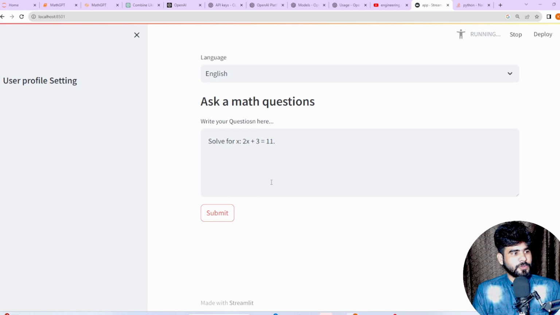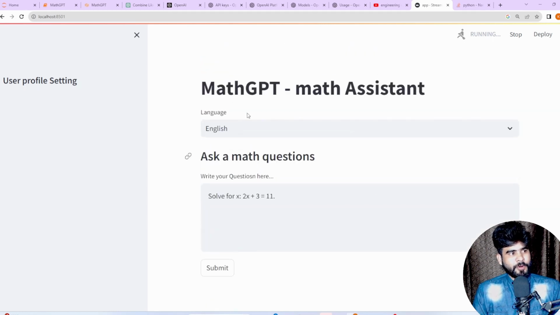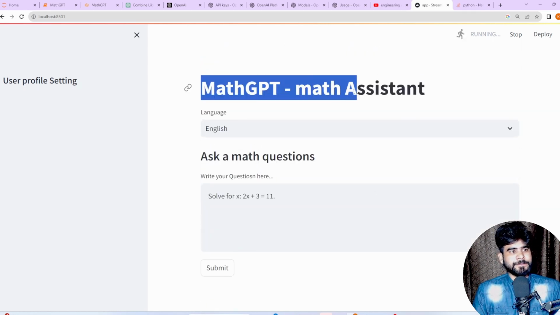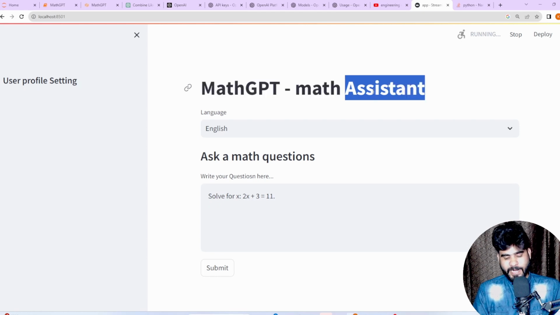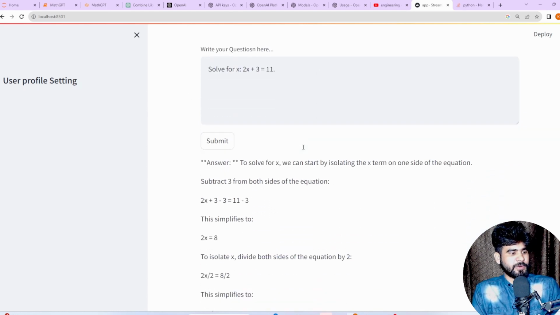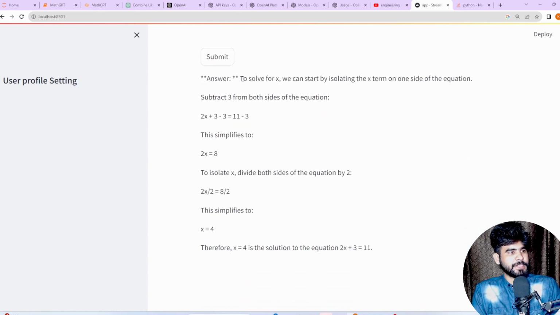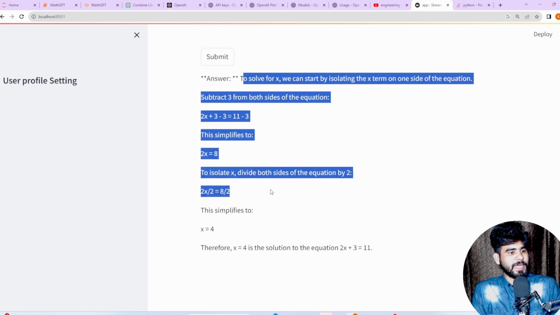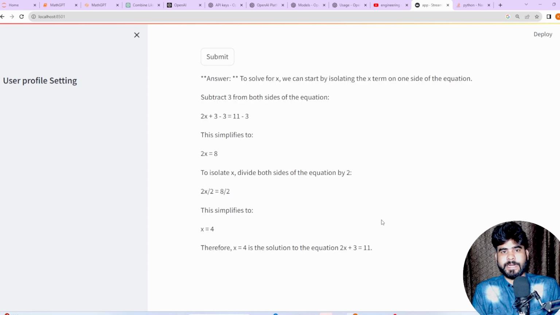Just wait a few more seconds till the execution. With the help of the Math GPT application, we are getting the complete, concise, in-detail explanation, one by one, line by line.